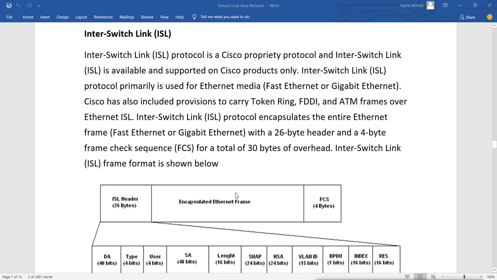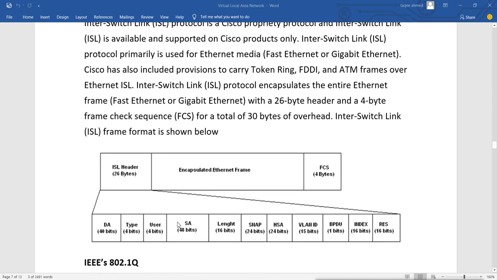So it is just like this. When you have a data packet encapsulated through the layers, from layer 7 down to layer 2, the data link layer, the switch will encapsulate the packet with this ISL protocol. It adds the extra 26 bytes for the ISL, and also 4 bytes for error checking.